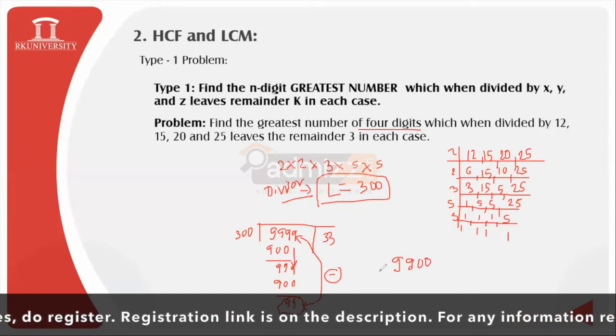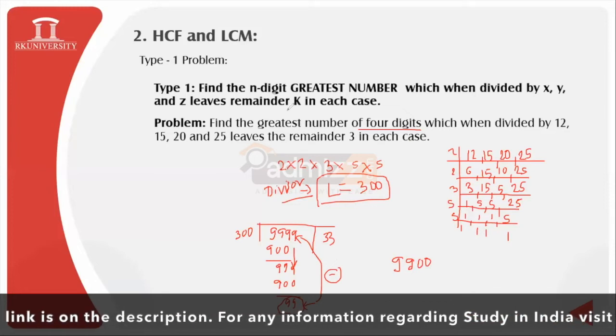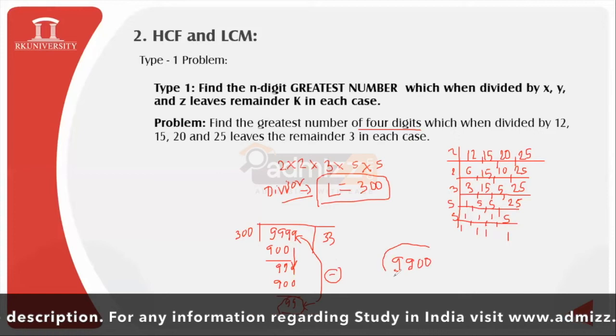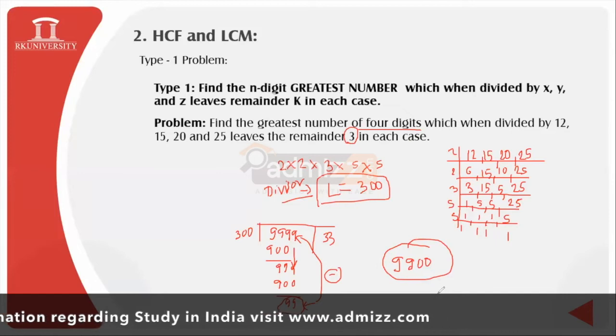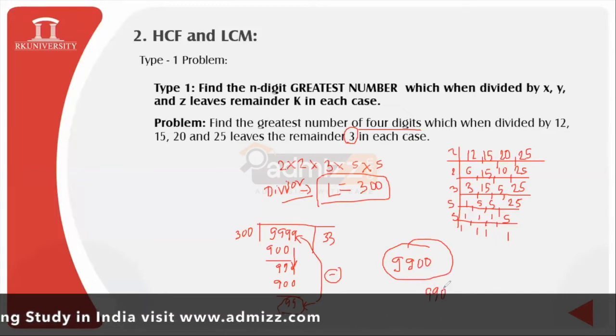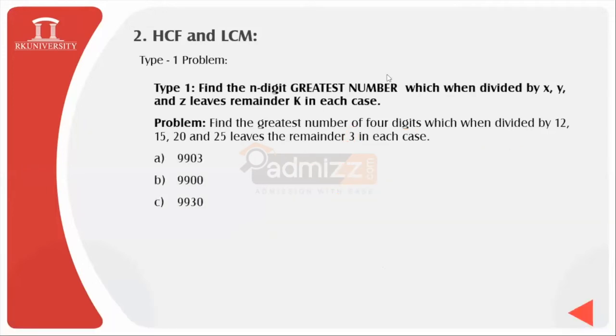But make sure this is not the answer to our given question. Our question is of type number 1b. And what is type number 1b? The answer which we obtained, that is 9,900, needs to get added with this remainder 3. So our final answer turns out to be 9,903. This is our final answer to the given question. Let's have a look at the options available quickly. You can find the 4 set of options provided over here, and once you simplify, you will come up with the same answer, that is 9903.